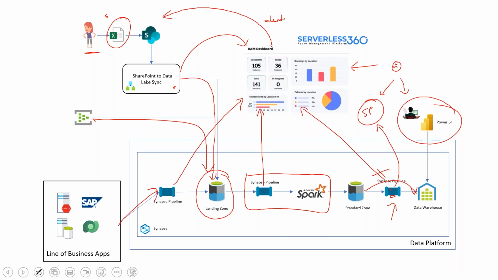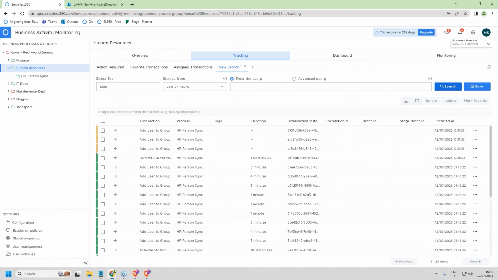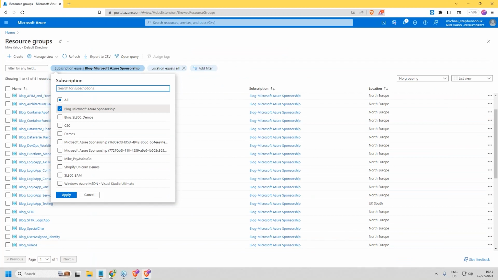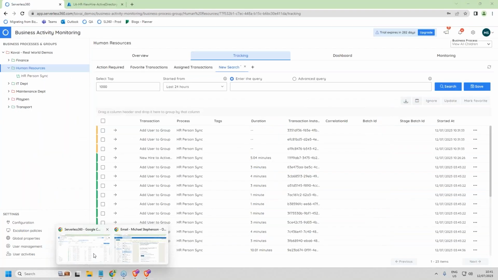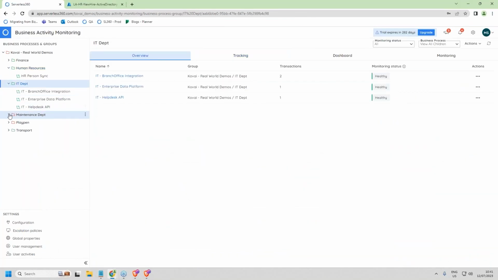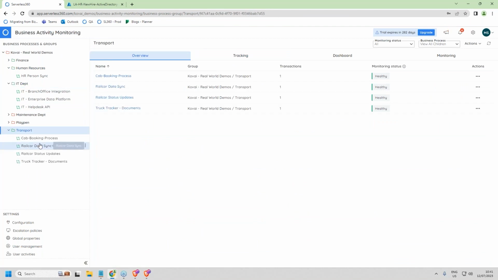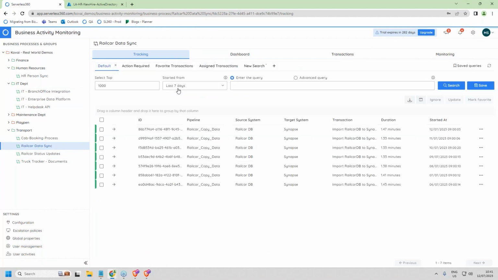Now, if we go and have a look at Synapse, so I'm just going to jump back to Serverless a minute. So here in my transport area, this is where I've got some of my Synapse demos. So here I've got one where you can see, in this case, I'm just copying data from Synapse to a Railcar database. So it's a slightly different example, but I think the previous slide's a really good way to explain the problem and